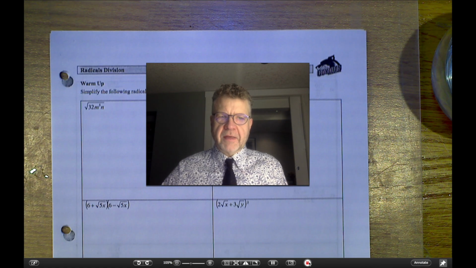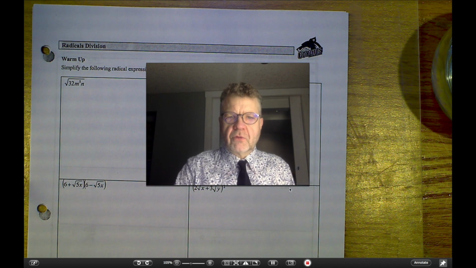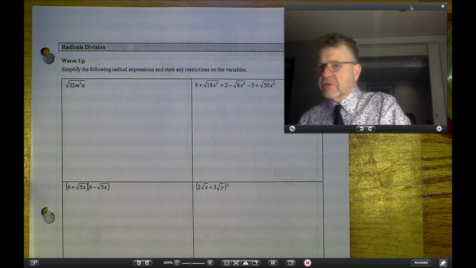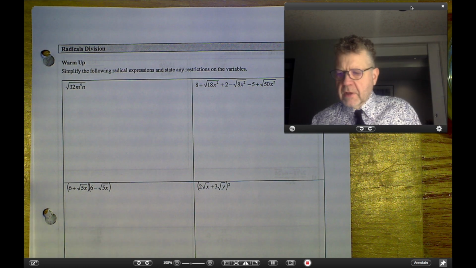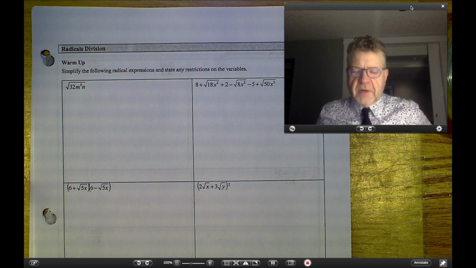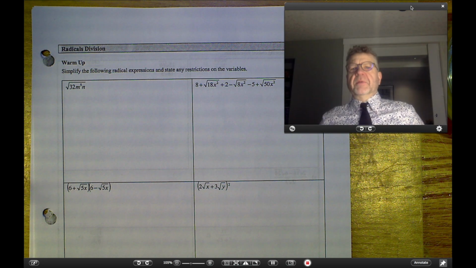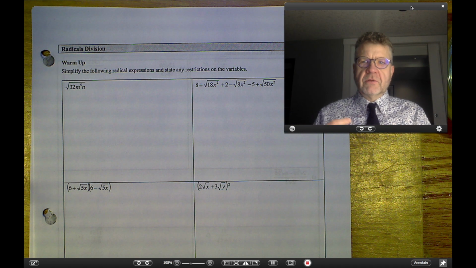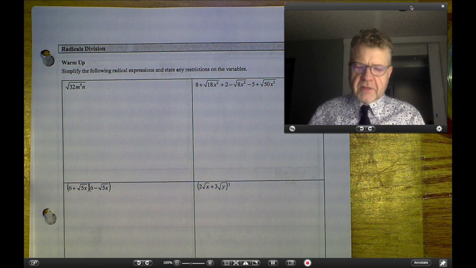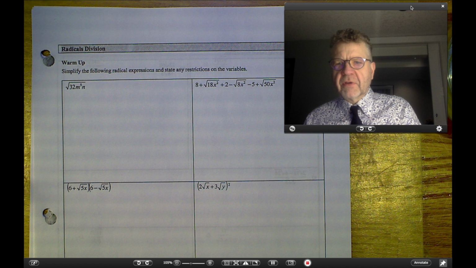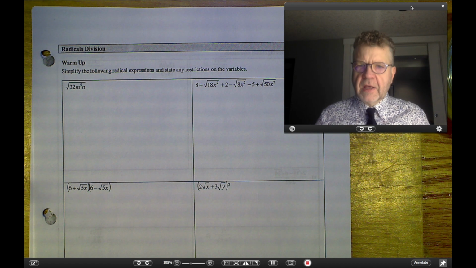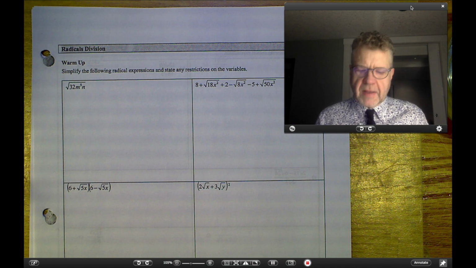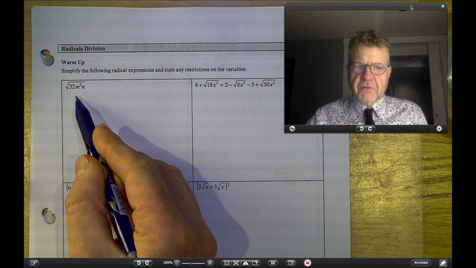Let's do some math. This is page 120 of your workbook. And as usual, we begin with a little bit of review, just to get our heads in the right spaces here. Now, in the past, I've been doing a lot of the in-between steps, and it's time to let go of these childish things and try to do the math with just as many steps as you need to show me that you understand what you're doing. So I'm going to cut a few corners here, and that's going to be a little different for you. And if that poses a problem, then email me, let me know, and I'll show you some in-between steps as well. But starting with this first question here,